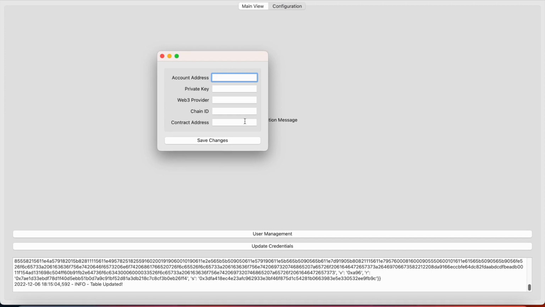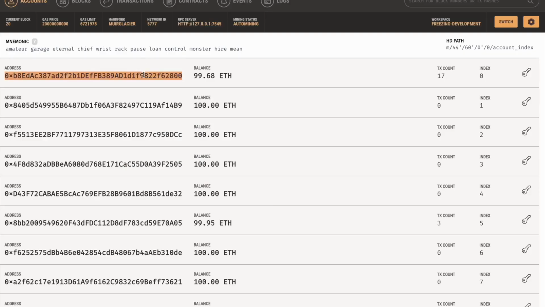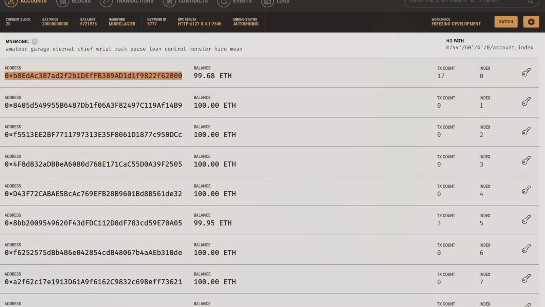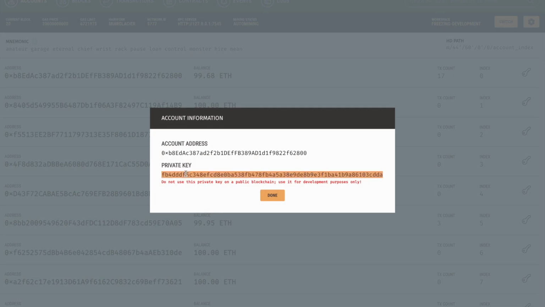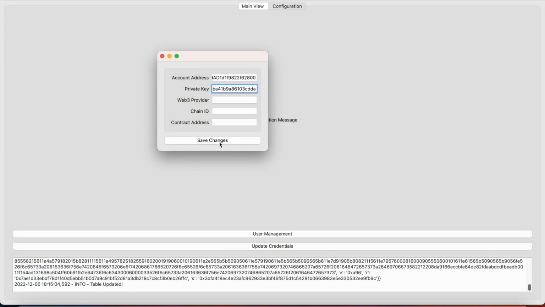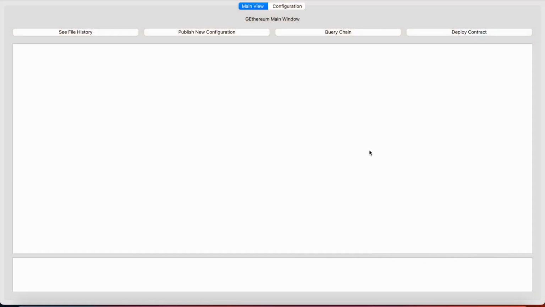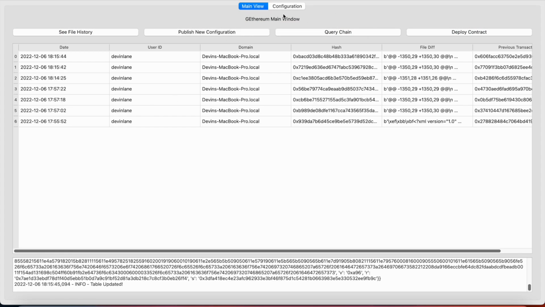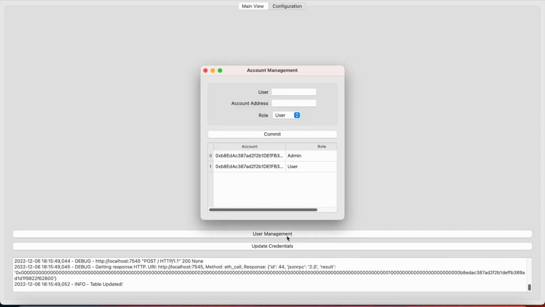So what we have is user management, where the original account that deployed the contract can give this account an admin title that would allow the person with this wallet to apply changes to the blockchain. So I'm going back to the original account that deployed the contract, and as you can see, it can still publish configurations. This tab right here is user management, and this tab gives a username,